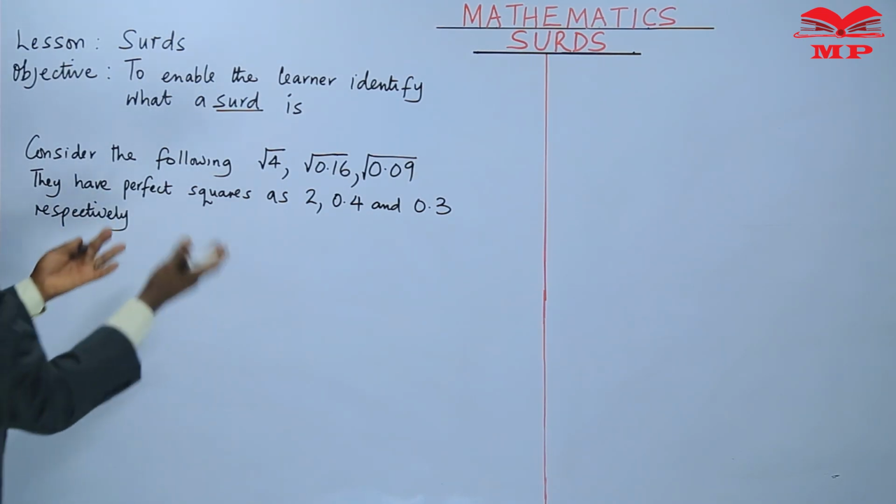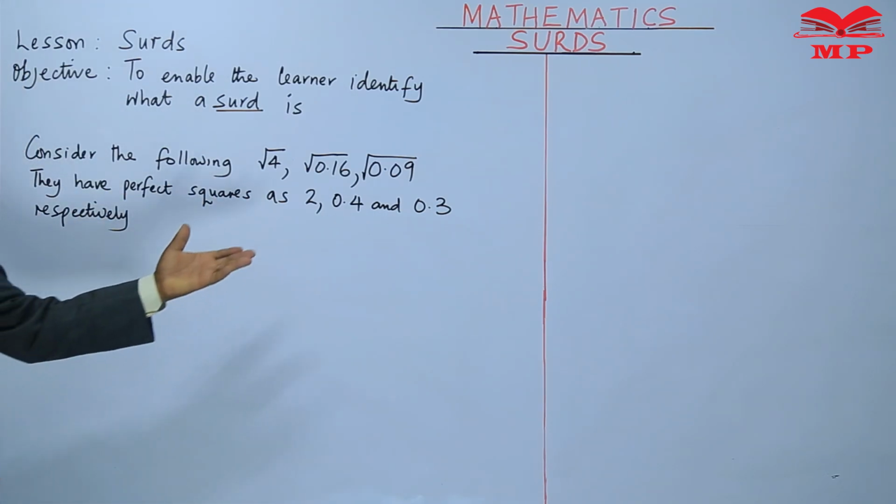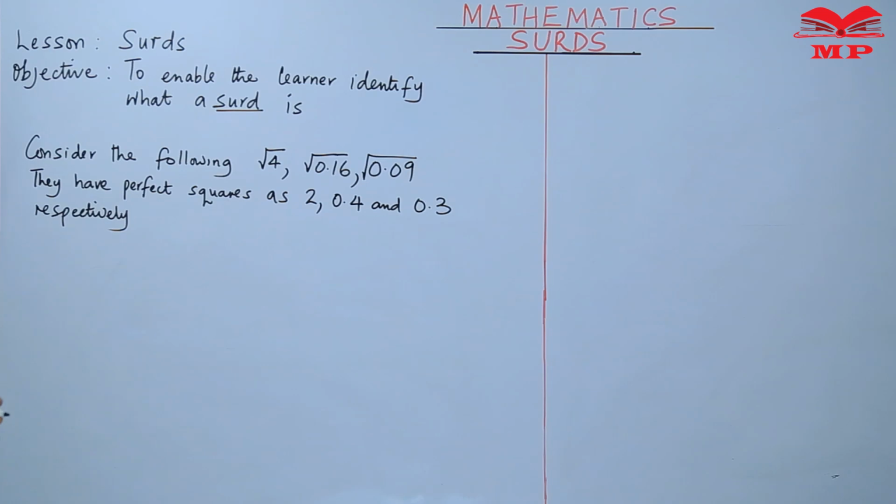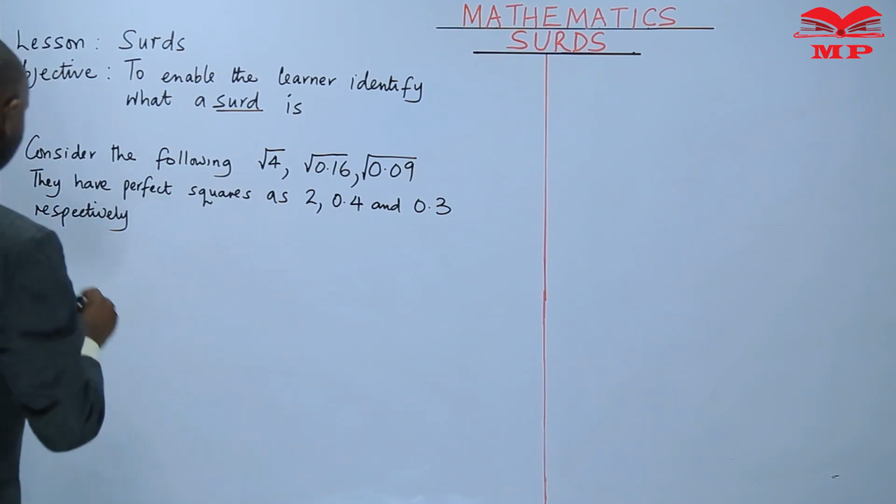Such numbers belong to the class of rational numbers. They are rational. But surds, the following